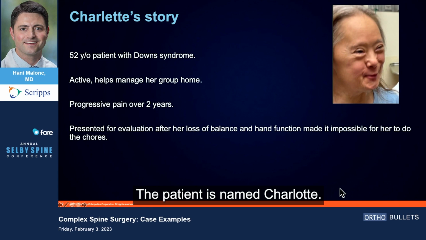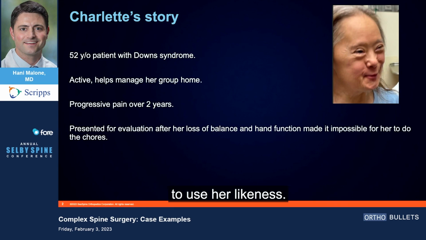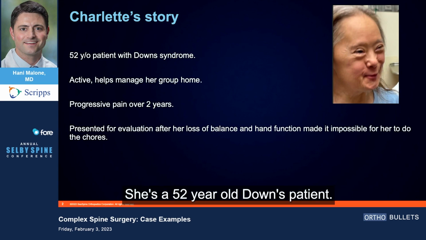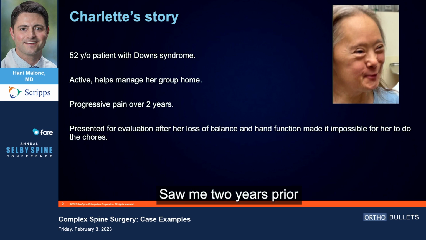The patient is named Charlotte. She gave me permission to use her likeness. She's a 52-year-old Down syndrome patient, very active, helps manage her group home. She saw me 2 years prior to surgery with pain and a little bit of radiculopathy, but we decided to just